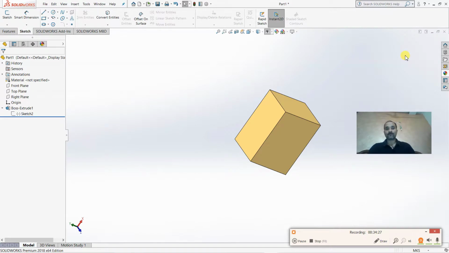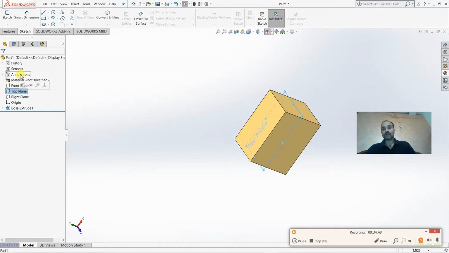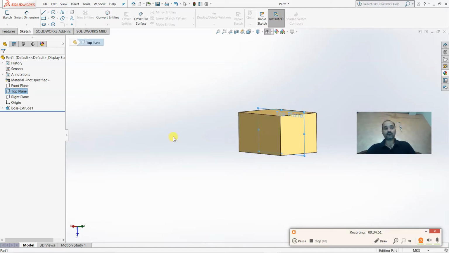Now one more thing is remaining in the interface. At the left side you can see a tree, a specification tree. If you click on sketch, your sketch will be visible. So this is showing you whatever you have created on your plane, that is your specification tree.